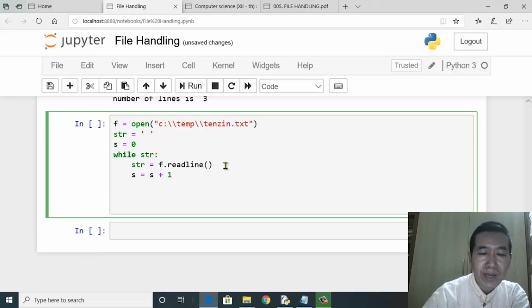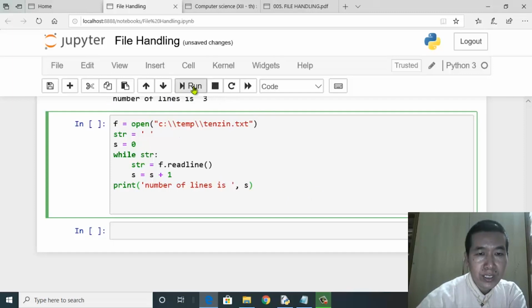And then finally, let's come out of the loop and print. Sorry, it's not size. The number of lines is s. And then if we run this, I should get the output as 3.